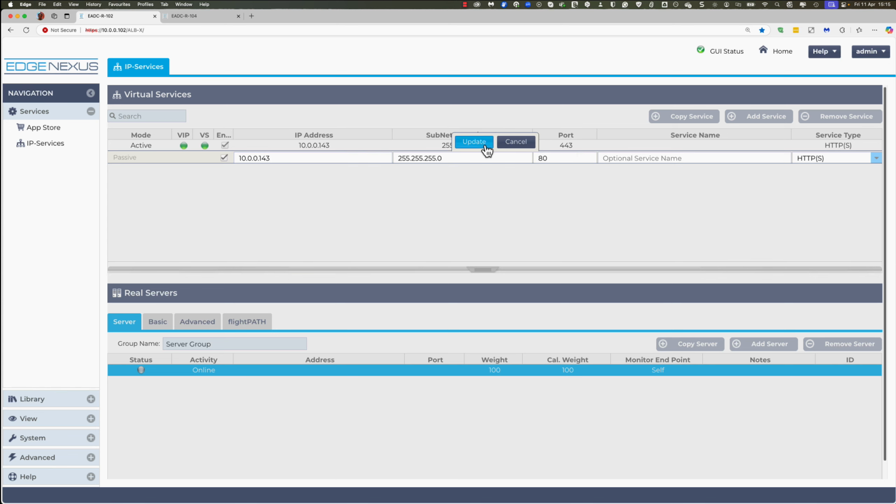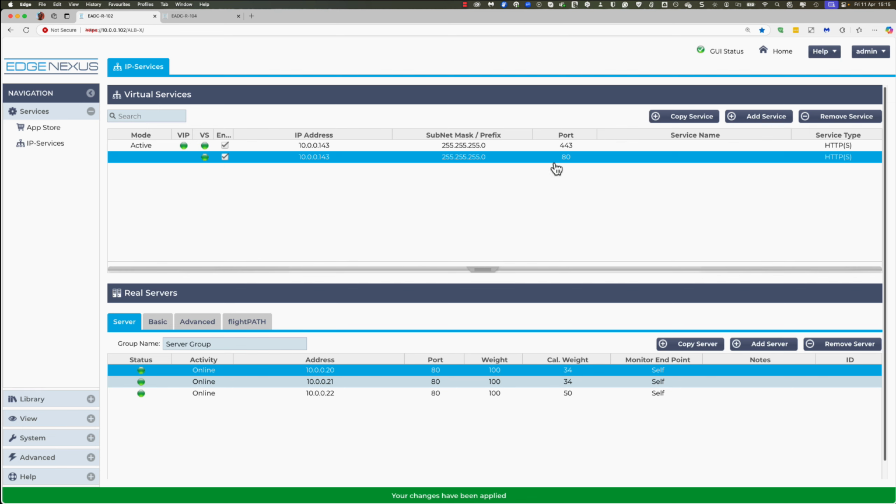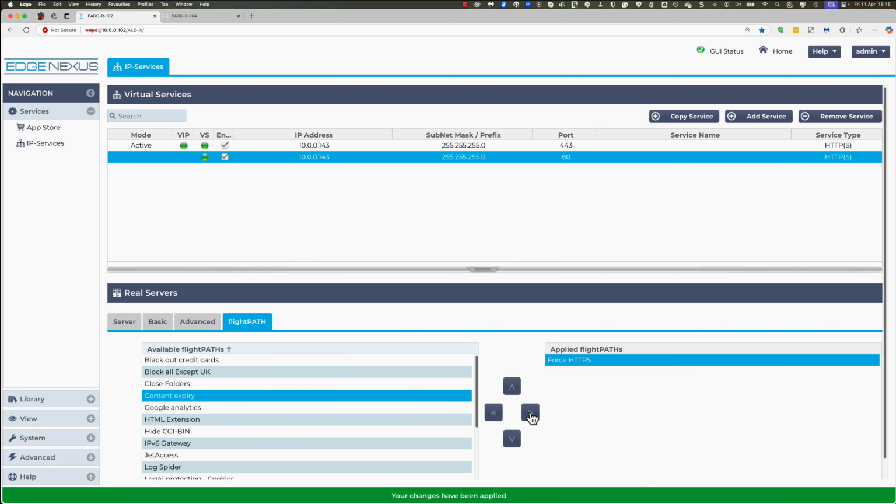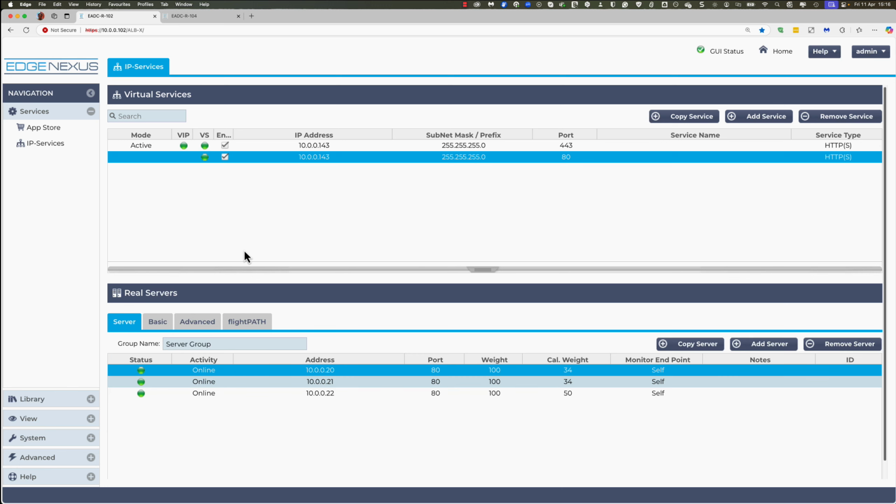Okay, and so now we're allowing port 80 in, but we don't want to use port 80 as the connectivity method. So we go here to flight path, and here we have force HTTPS, and we just click that across. This is one of the predefined flight path rules available within the Edge ADC. So now what happens is that users who connect on port 80 will automatically be redirected to the same IP address on port 443. This concludes the chapter or